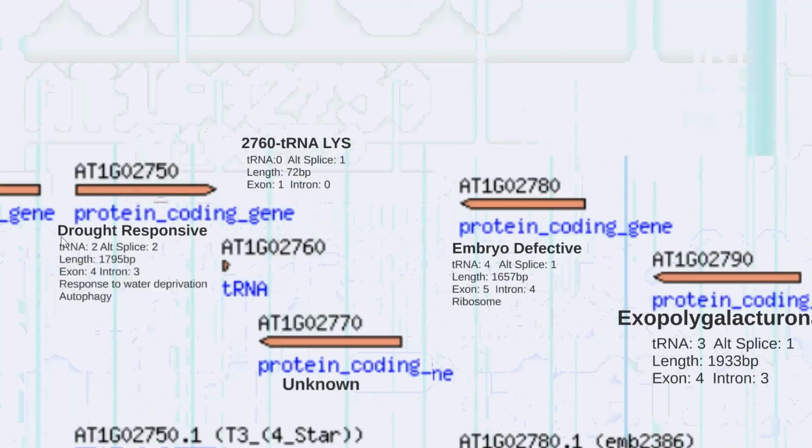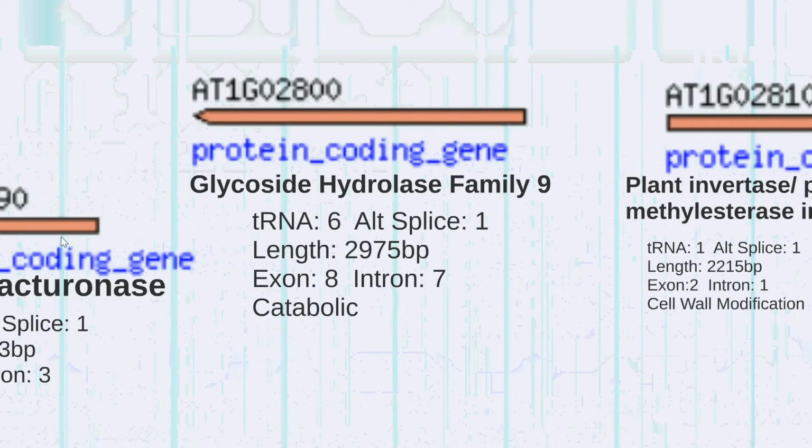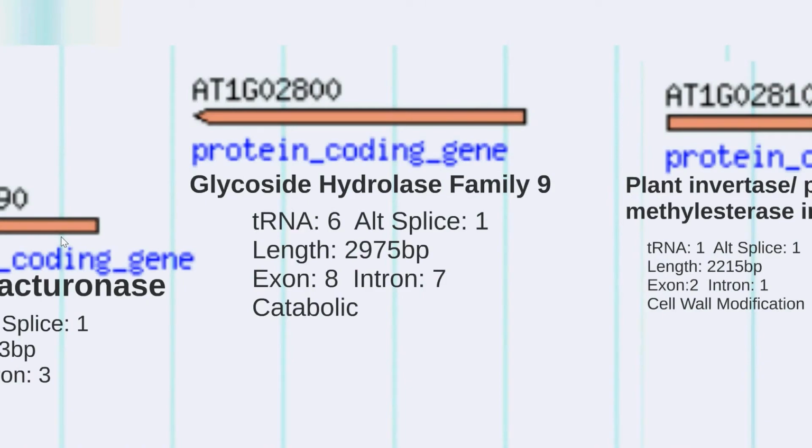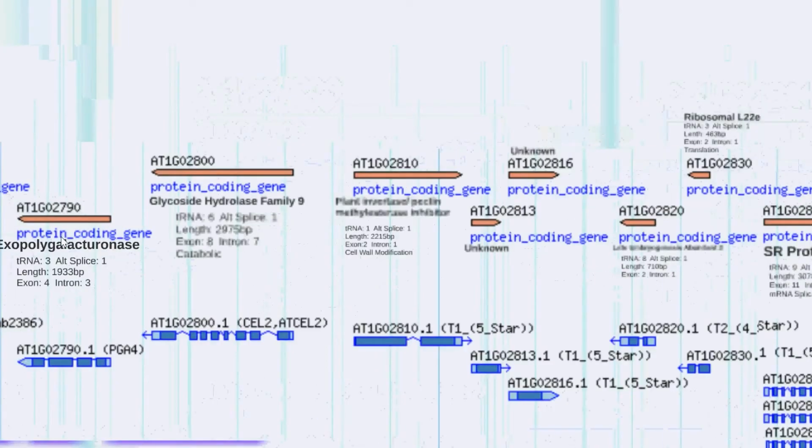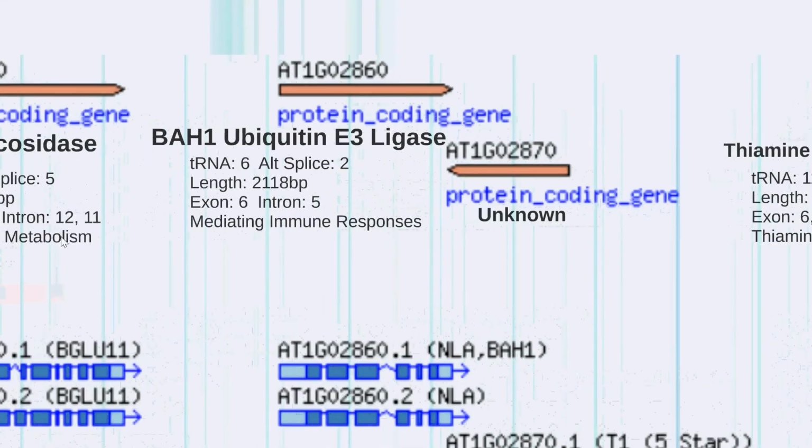Gene 2800 is the last of the hydrolase cluster discussed previously. So this is the first of a cluster of 2 ubiquitin ligases. The first gene has 2 alternative transcripts. There's 11 total transposons between the 2 genes. There are approximately 10 exons and 9 introns per gene, and both have a molecular process of ubiquitin protein ligase binding,